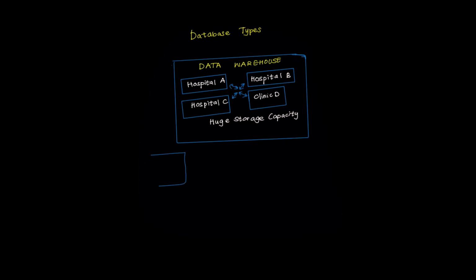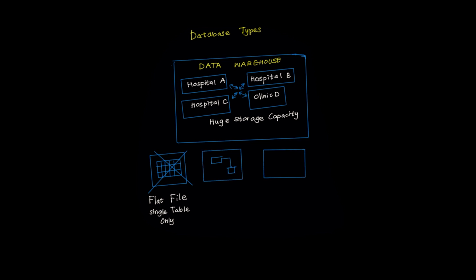The key features are huge data storage capacity, the ability to integrate data from multiple organizations, advanced data mining capabilities, and processing from multiple perspectives or dimensions. A flat file database is like a single spreadsheet, way too simple and limited for this level of complexity. Relational databases are great for connecting tables within one organization, but they don't have the massive storage and multi-organizational mining